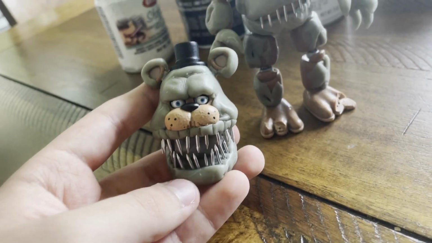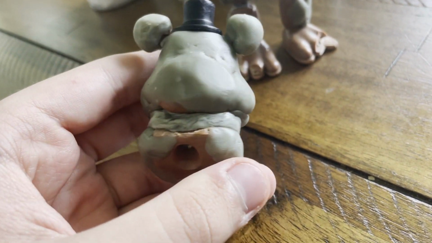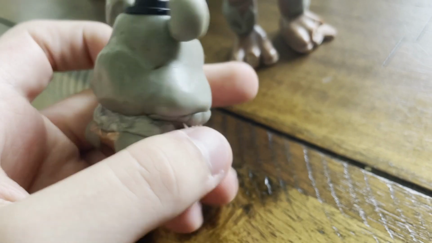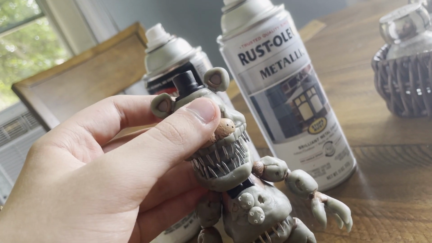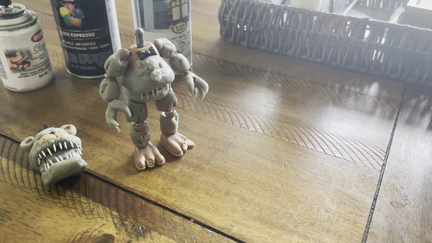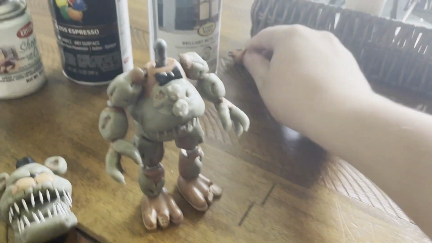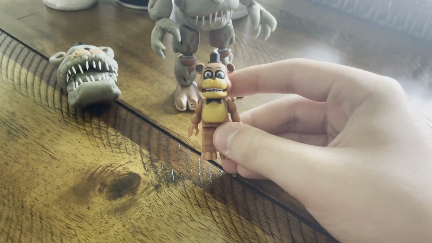So yeah. Also, his head is now attached to each side. This looks kind of crappy from the back, I'm not gonna lie, but, you know, does the job. Gonna drill a little hole in his head so he can actually go on to there. Also gonna be spraying this little duplicate McFarlane Freddy that I have because I think it'd be cool to have a cool